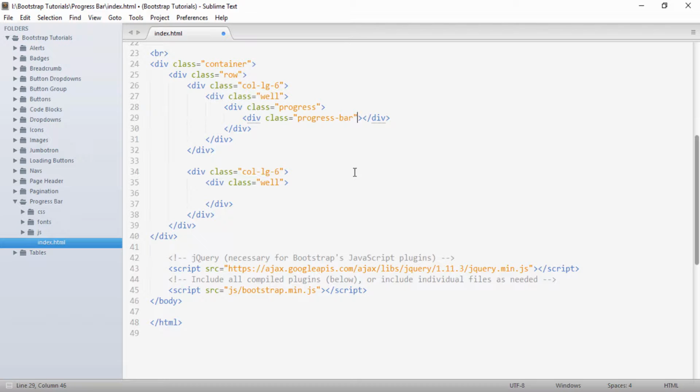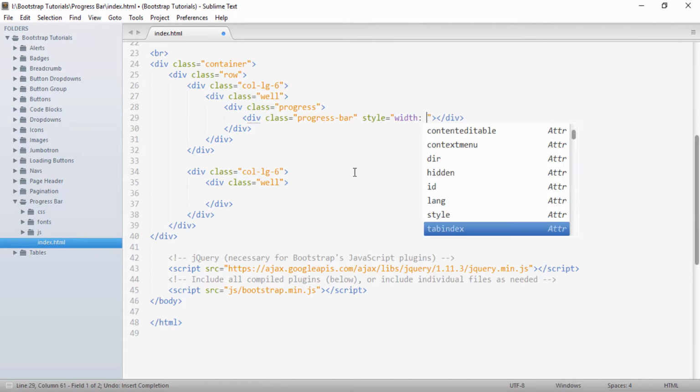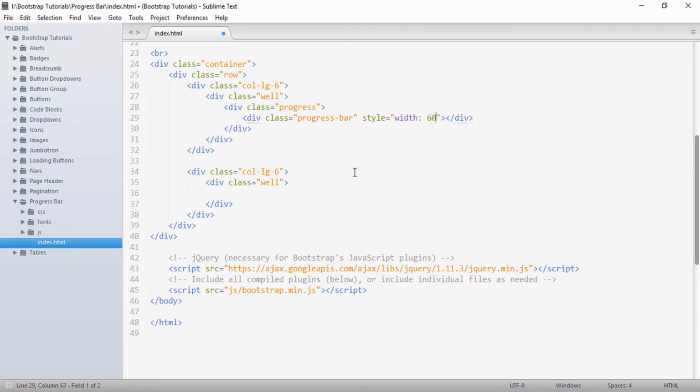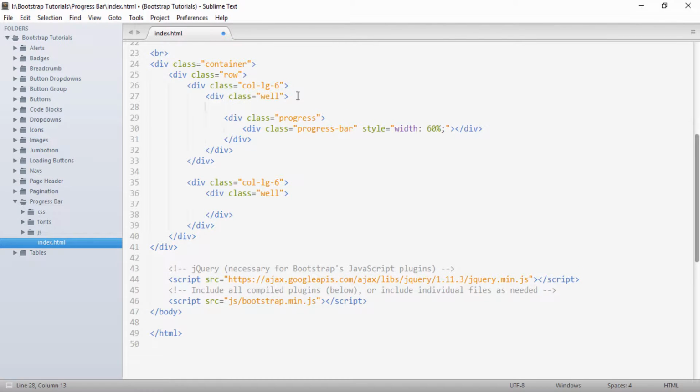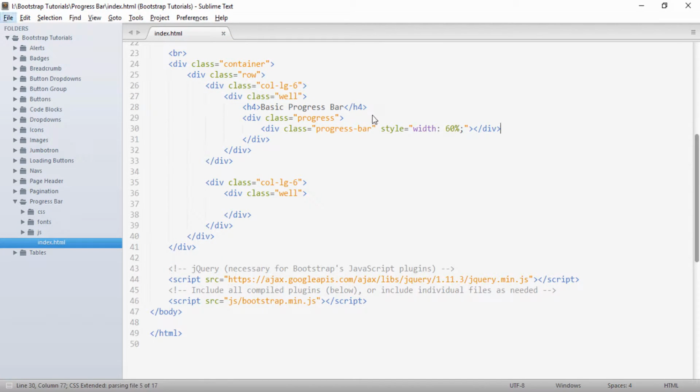also we need to provide a style to it. So in this style we have to provide a width, so we can show the progress of the progress bar. So suppose I want to provide a width of 60 percent. I will also provide a heading to it, say h4, basic progress bar, and if I save it and open it in the browser,